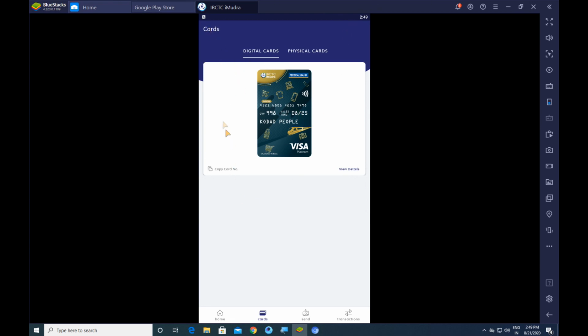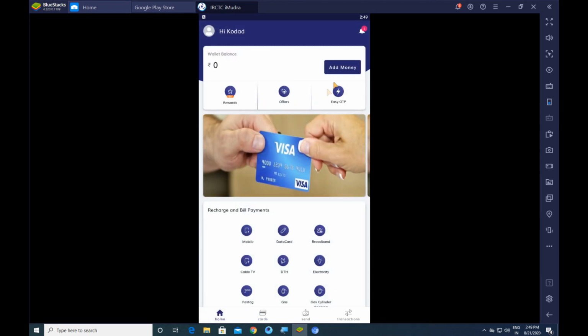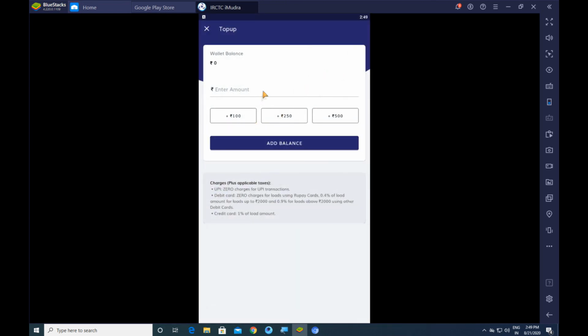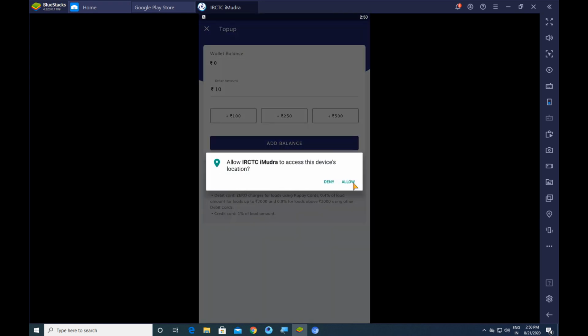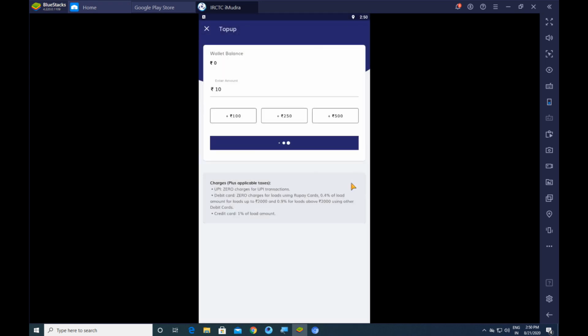Guys, we have to add money of rupees 10 to our wallet in order to continue to the AWS services. So please add rupees 10 to your wallet by using your UPI ID, debit card or credit card. Why do we want to add money to our wallet?